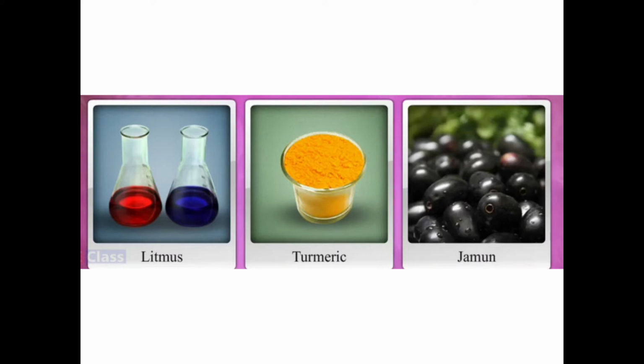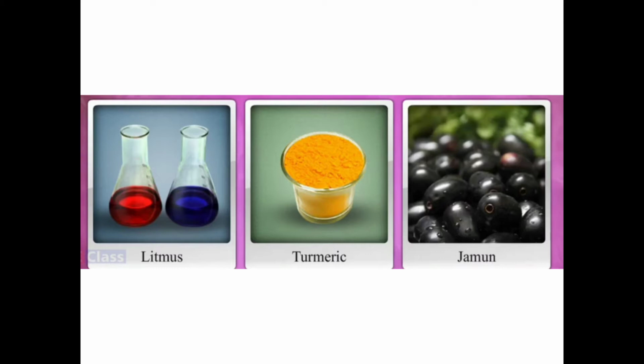So all these small experiments you are requested to do at home. Just a pinch of turmeric is required and you can find out. In acidic solution it remains like that only. So if you take lemon and sprinkle turmeric over that, it is going to remain yellow only. It will not turn red. But if it is a basic substance, then it will turn red.